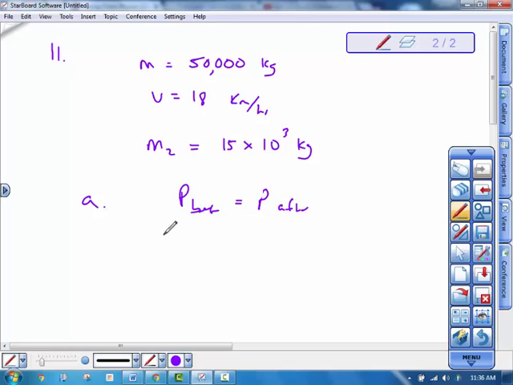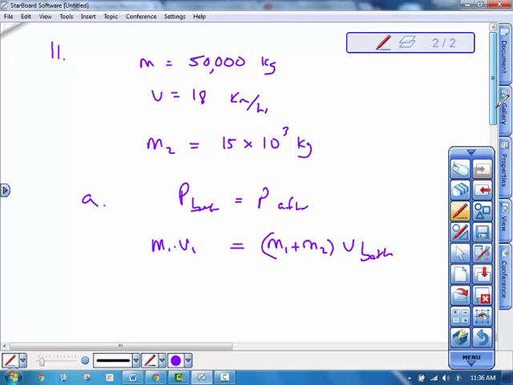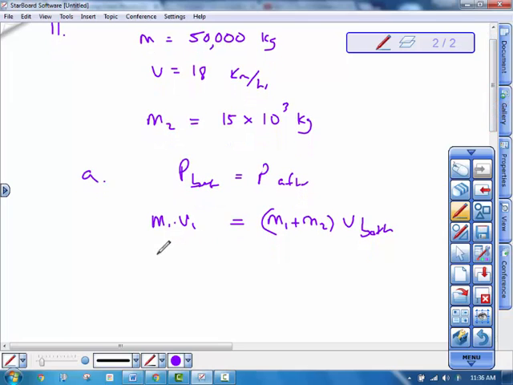So before, one car is stationary, so all the momentum comes from the first car, which would be mass of the first one times velocity of the first one. There's no momentum coming from the second one. Afterwards, they lock together, so it's going to be mass 1 plus mass 2 times the velocity of both. So that's the equation we write for conservation of momentum there. That would be 50,000